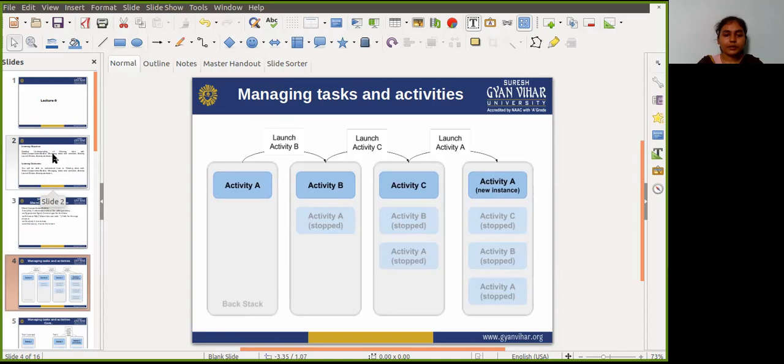Or say your activity C can be launched from the second app with an implicit intent. So the user runs the second app, which has its own task and its own back stack.